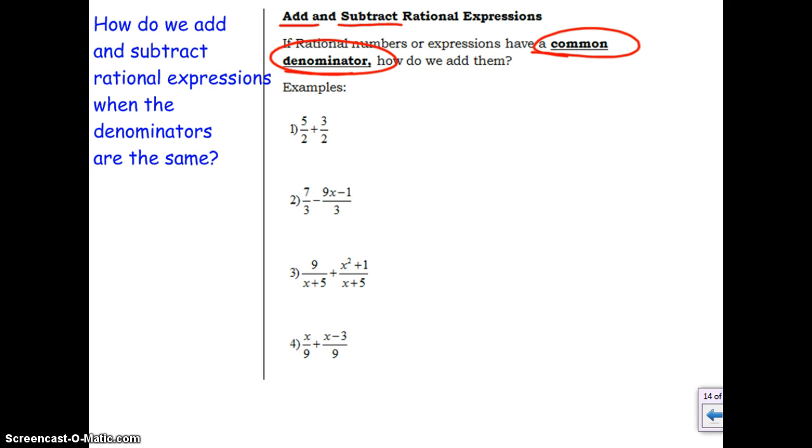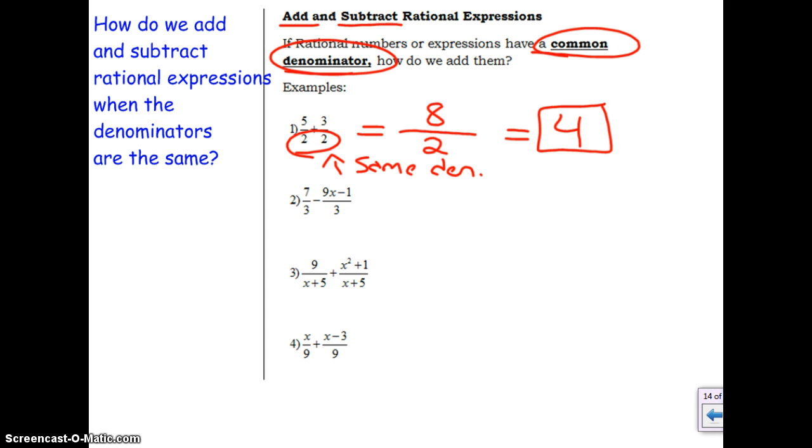If we already have a common denominator, then it's super simple, right? If both of my denominators are the same, so same denominator, if that's the case, then I just keep my denominator of 2, and I can just add my numerator together. So 5 halves plus 3 halves, 5, 6, 7, 8, gives me 8 halves, which reduces down